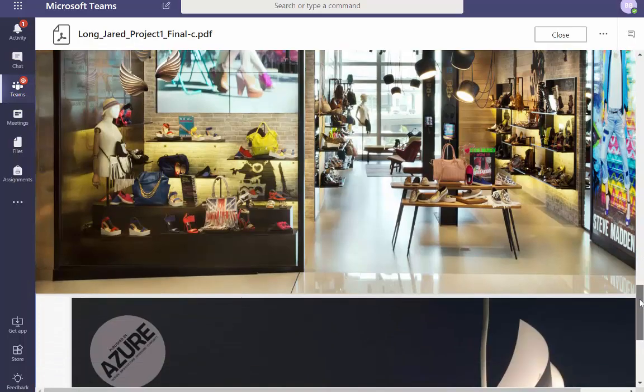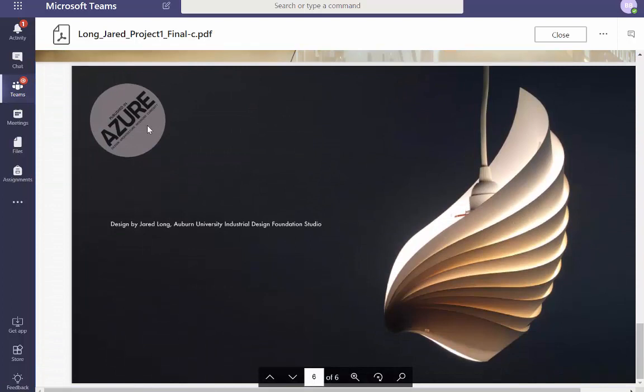I do like it in Steve Madden. What's up with Azure? I don't know. Well, I know it's done by you. I know it's done by Auburn because it's your portfolio and your resume is going to say this stuff. I don't care about this in a foundation studio. What are the benefits of this final deliverable? Like, top 3 benefits. Maintains brand continuity, gives a freshness and a dynamic feel to the space, something like that.